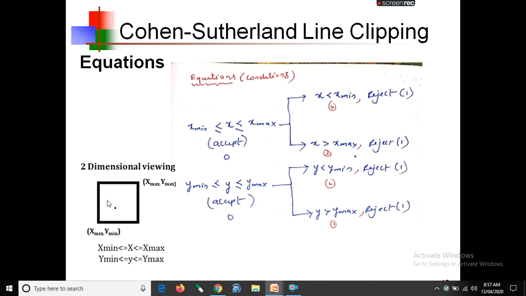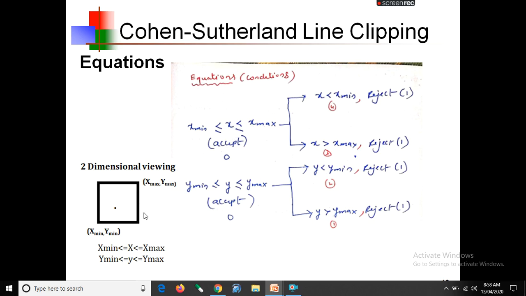I have taken one point P. I want to determine whether this endpoint lies inside the clipping window or outside the clipping window. So how to define whether it is inside or outside? We have various conditions here. If I want to specify that the given point P, x and y coordinate, lies inside the clipping window,